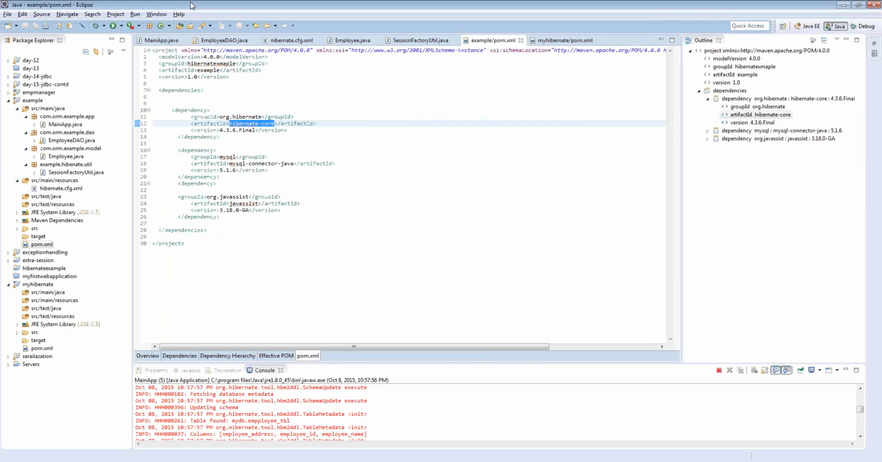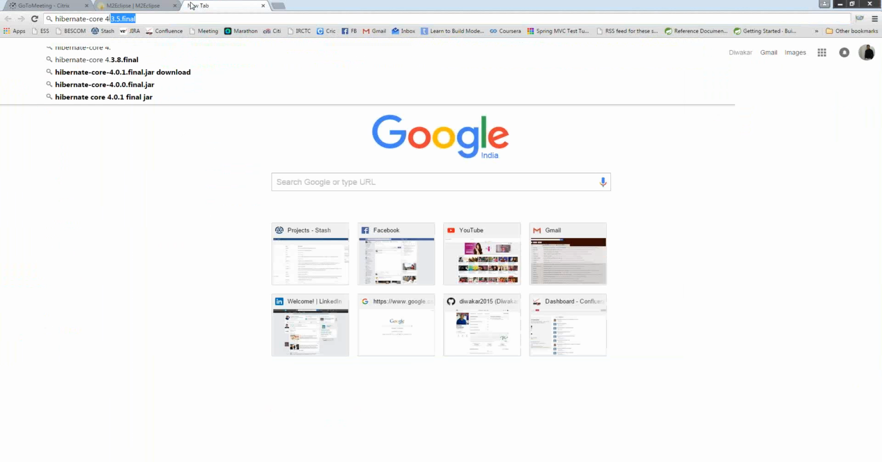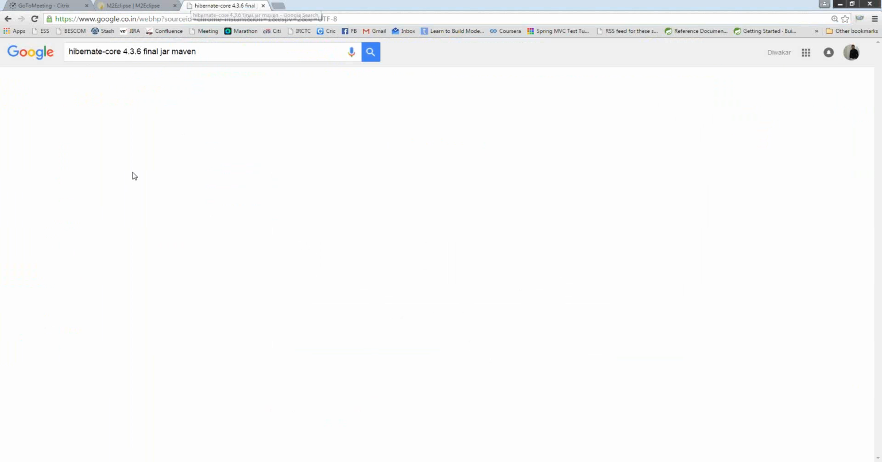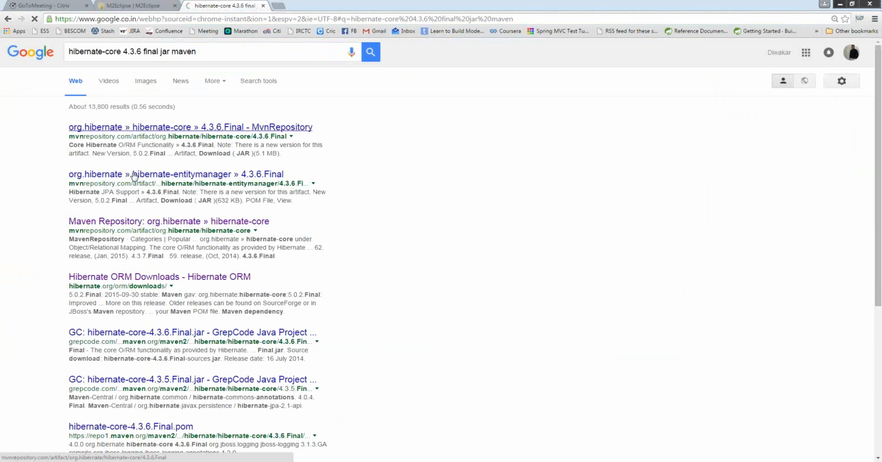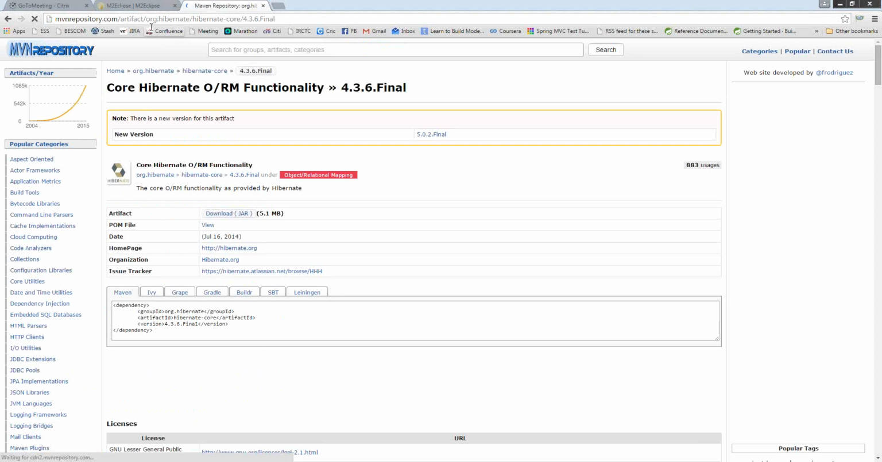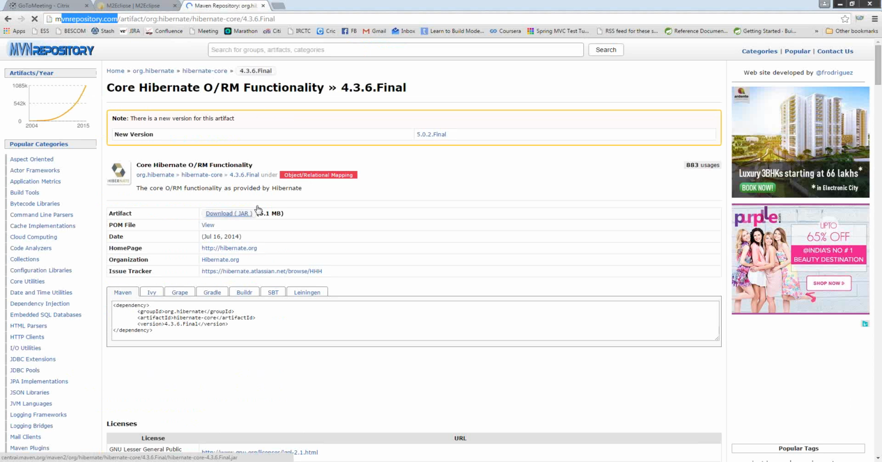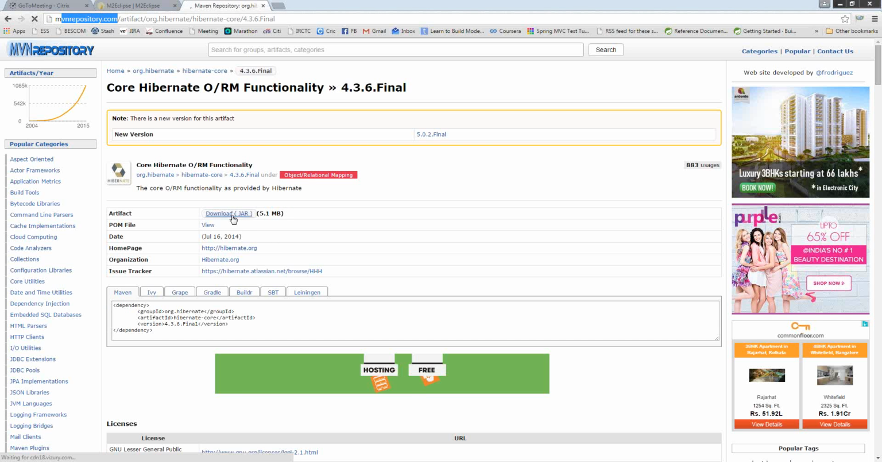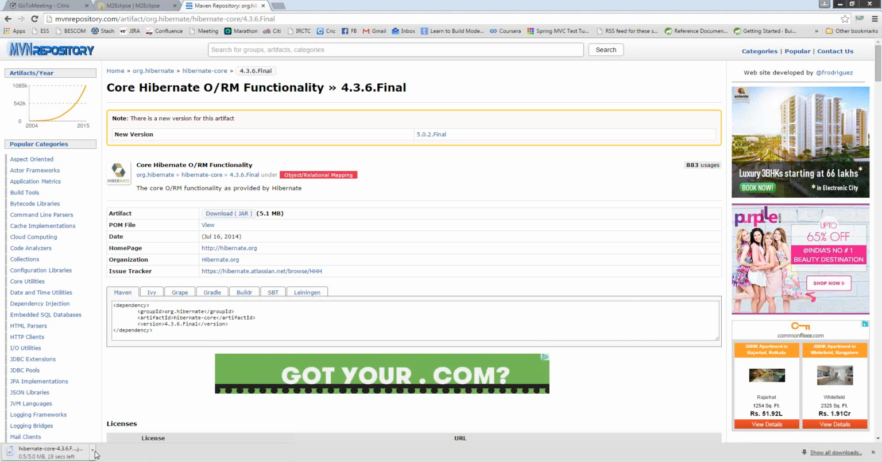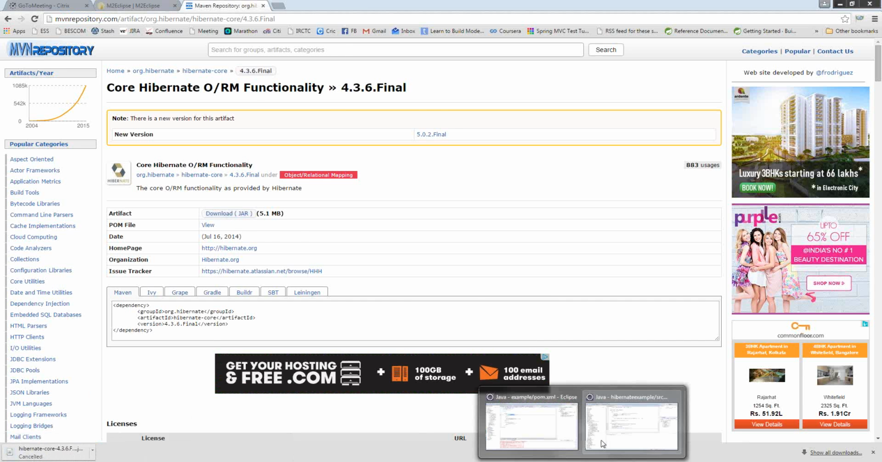So what is the version? 4.3.6 Final jar Maven. If you write like this, you will see that it will take you to the Maven repository website, mvnrepository.com, and here you can download the particular jar directly. If you click on this, it will download that particular jar, and then you can copy this and put it into your